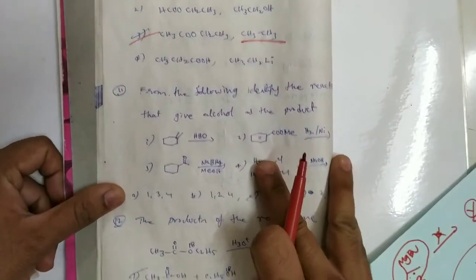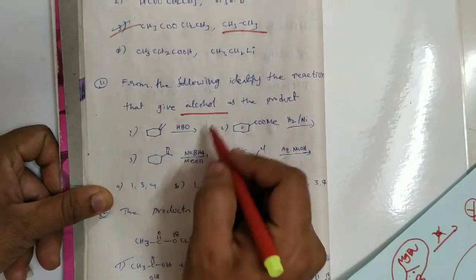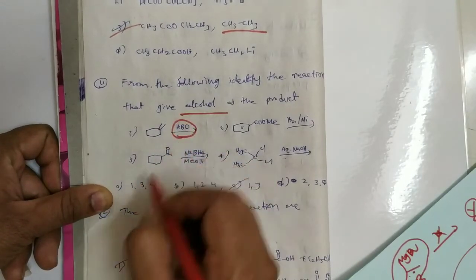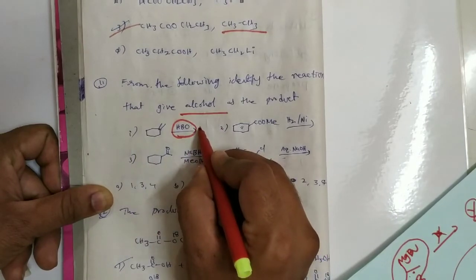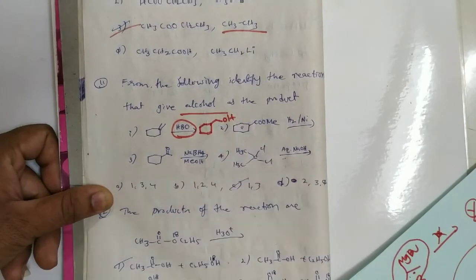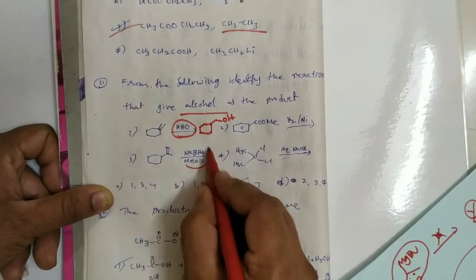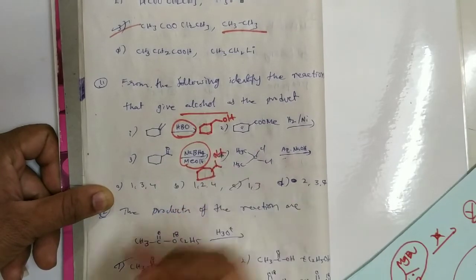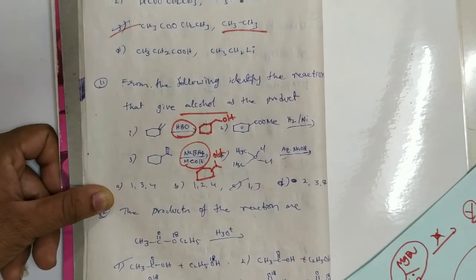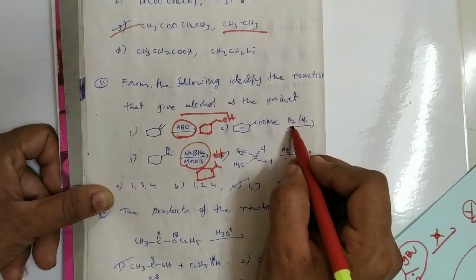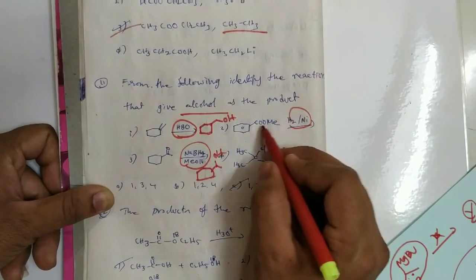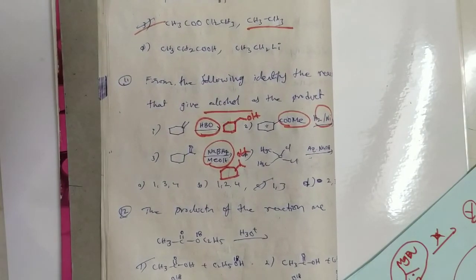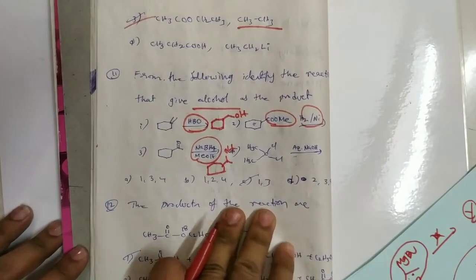And next, 11th question: from the following, identify the reaction that gives alcohol as a product. It is also a previous EAMCET question. Hydroboration oxidation is nothing but addition of water to alkenes following anti-Markovnikov addition. So that is the product. And next, sodium borohydride. This is also a reduction reaction that produces the alcohol, and the product is this one. And next, H2 with nickel. Generally, metal and H2, that means catalytic reduction, is not suitable for the ester. Esters, acid halides, amides, and carboxylic acids are not reduced by catalytic hydrogenation.